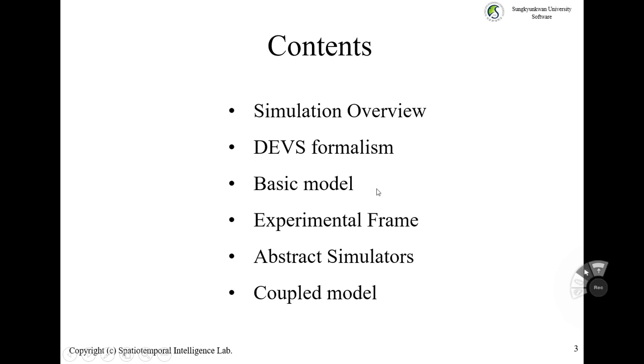There are two, and this is one of them, and the other is called coupled models, as shown here. There are two different types of models. Okay. So after learning how to define atomic models,